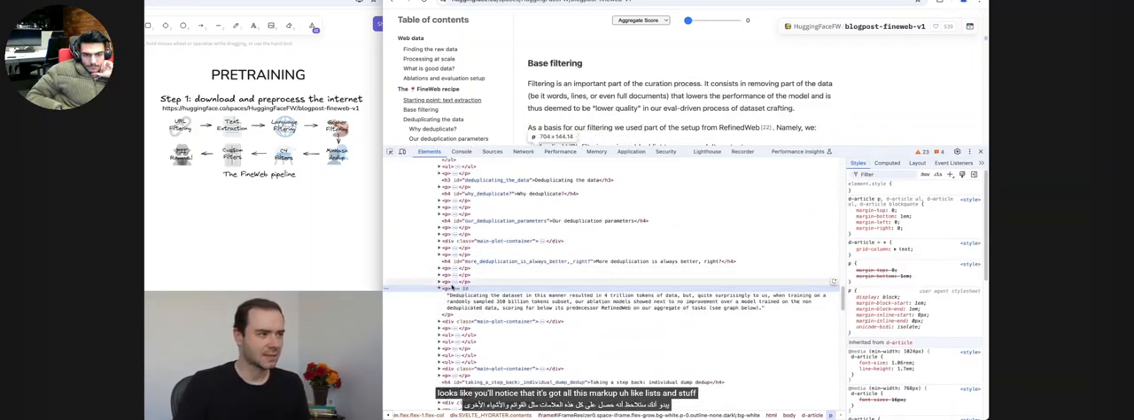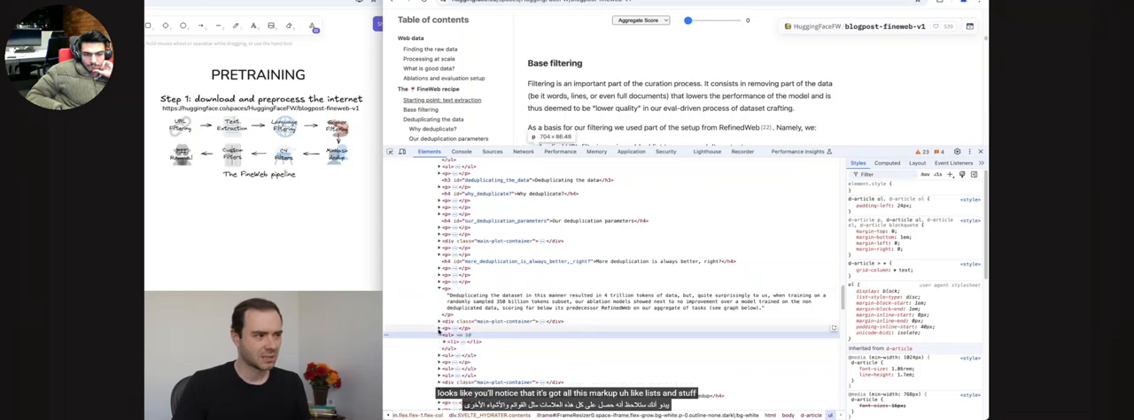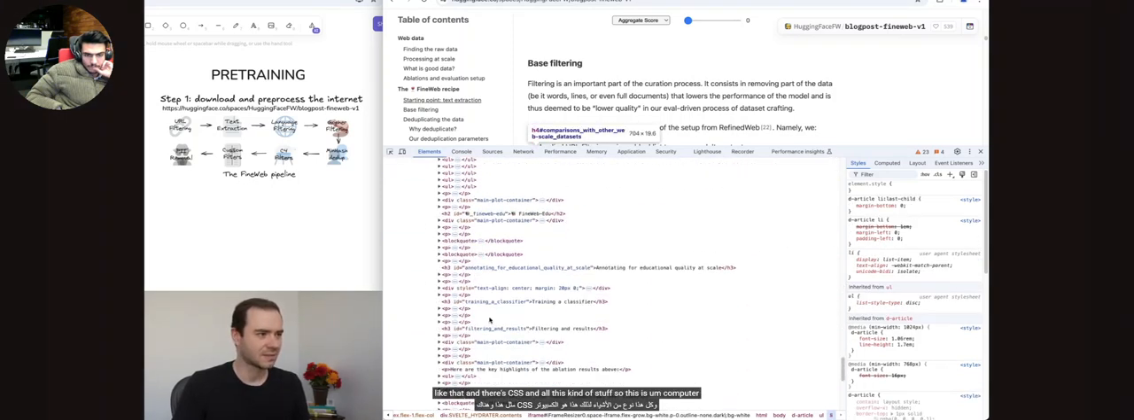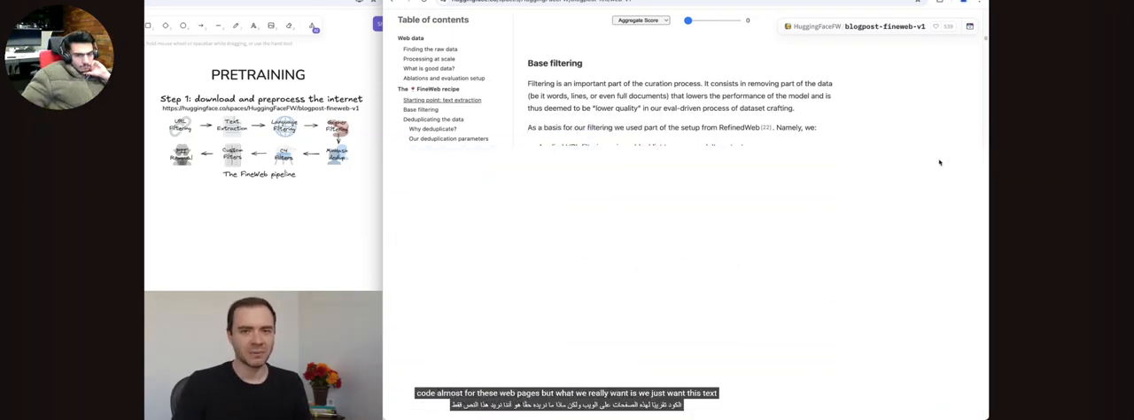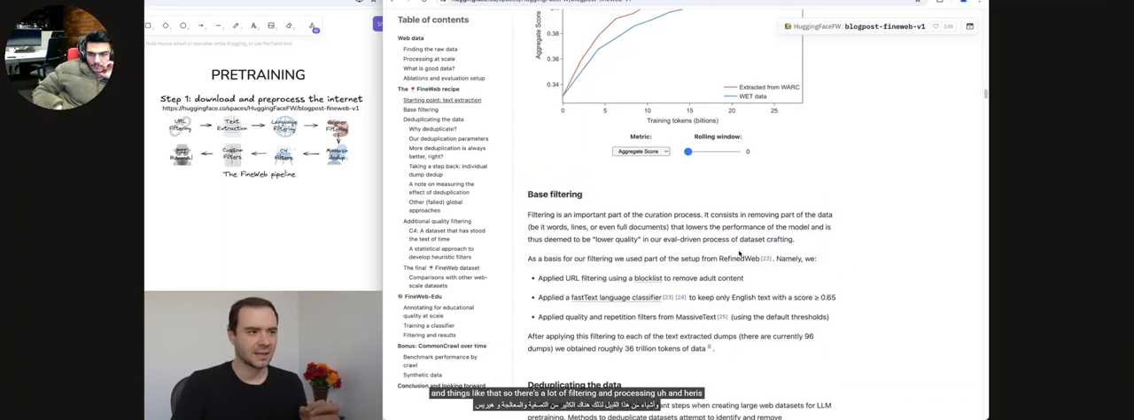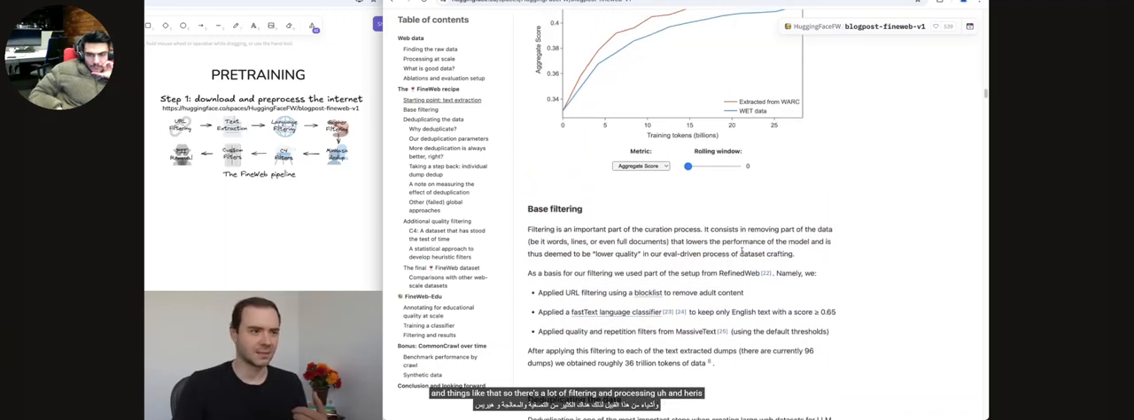You'll notice that it's got all this markup, like lists and stuff like that, and there's CSS and all this kind of stuff. So this is computer code almost for these web pages. But what we really want is we just want this text, right? We just want the text of this web page, and we don't want the navigation and things like that. So there's a lot of filtering and processing and heuristics that go into adequately filtering for just the good content